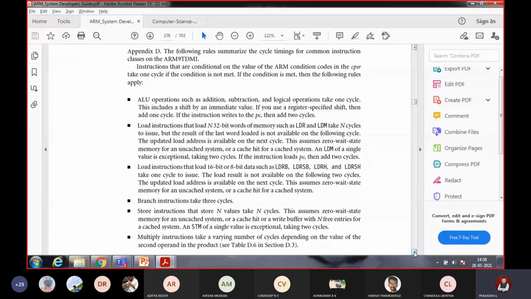ALU operations such as addition, subtraction, and logical operations take 1 cycle generally. ALU operations generally take 1 cycle. This includes a shift by an immediate value. Shift also will take 1 cycle. If you use a register specified shift, then add 1 cycle. If the register specified, see, immediate value